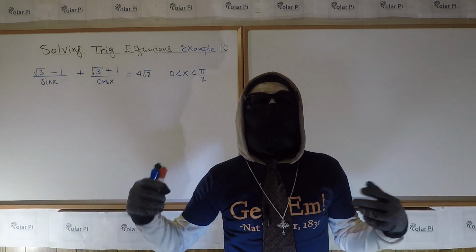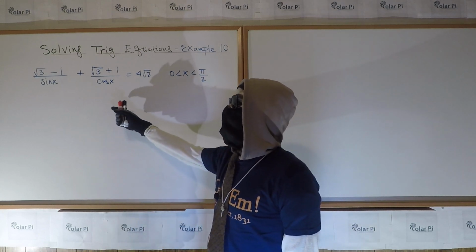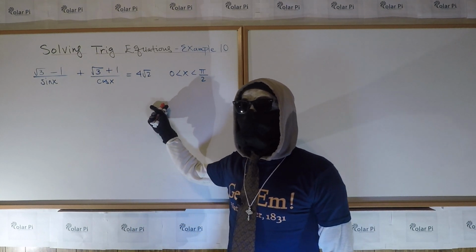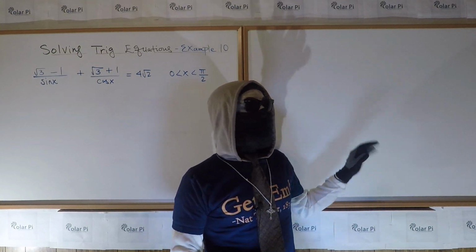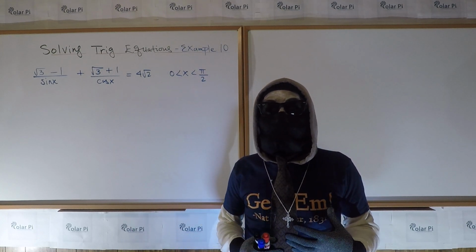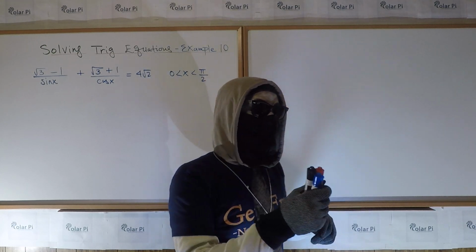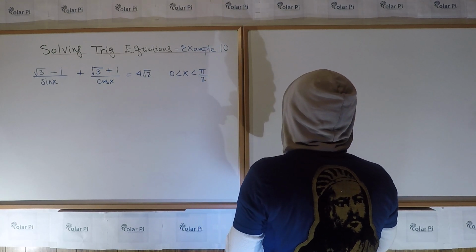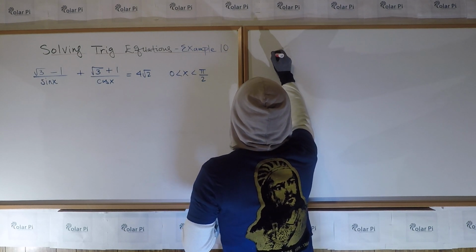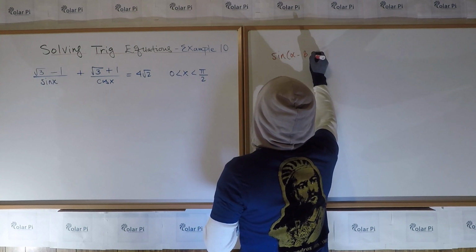Hey guys, welcome. So, example 10 here, and a really fun problem. The equation that we have to solve is as written here. The first part of what I'm going to do on this board might seem like it has nothing to do with solving this equation, but it has everything to do with solving this equation. So just be patient, and let's start with this, which is, I recall that sine of alpha minus beta is